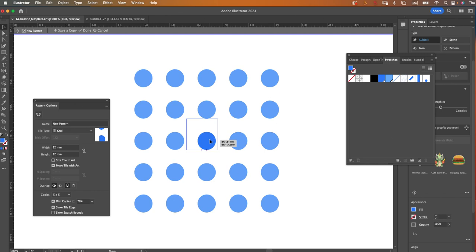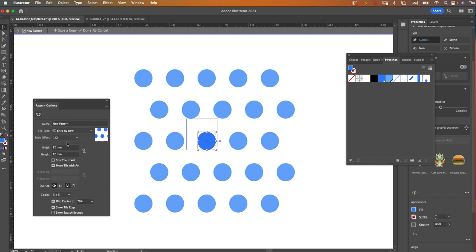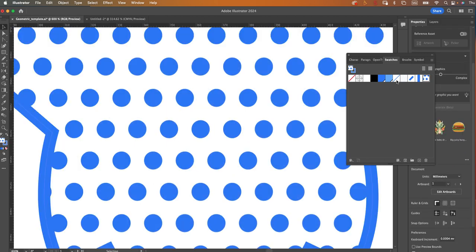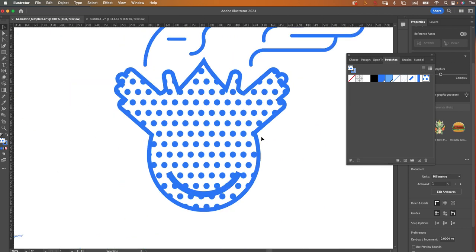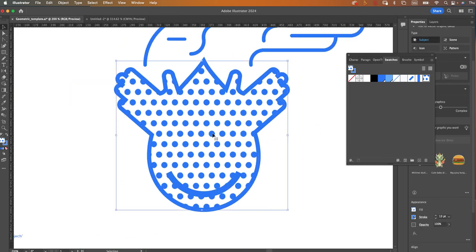It's cutting off a wee bit, so I just have to shuffle it around until it looks okay. You've got options here where you can change the grid and everything, so I can change it there if I want. Double click and it would have changed that pattern. Now if I click on it,